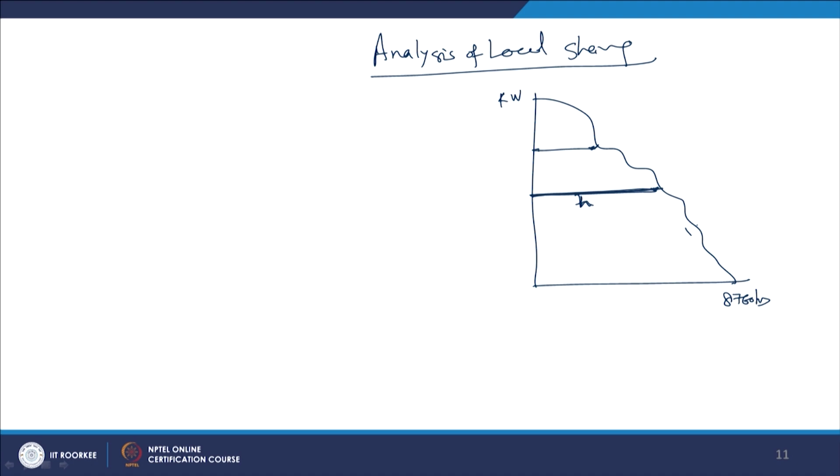Now, annual cost. Suppose this is a base load line. Above this, it is peak load, and X1, X2 is the base load line. So, the cost is some fixed cost plus a capacity-wise cost. If you keep on increasing the capacity, this cost will increase, plus tariffs.